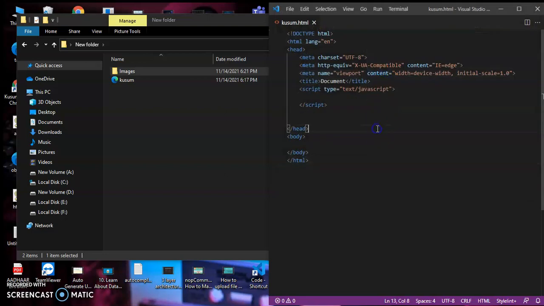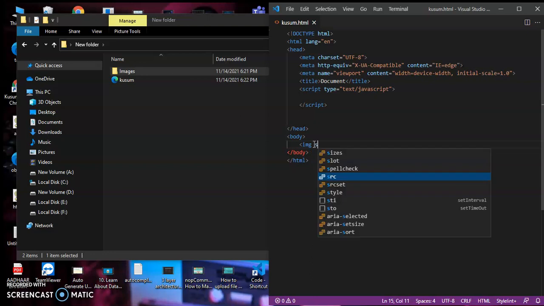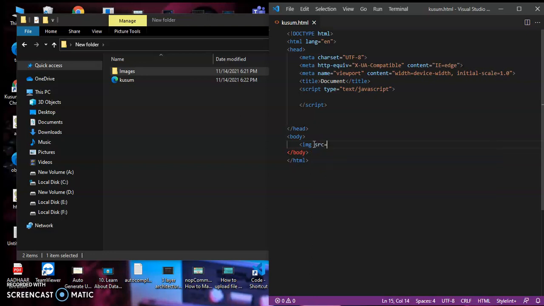This HTML file has no elements, no text in the DOM. So I will display one image, and on that we will perform the task of on mouse over and on mouse out. Let's create an img tag with src equal to the name of the image on which we want to perform the task.